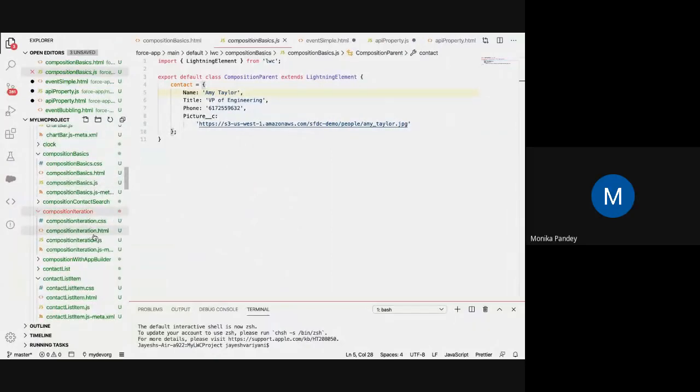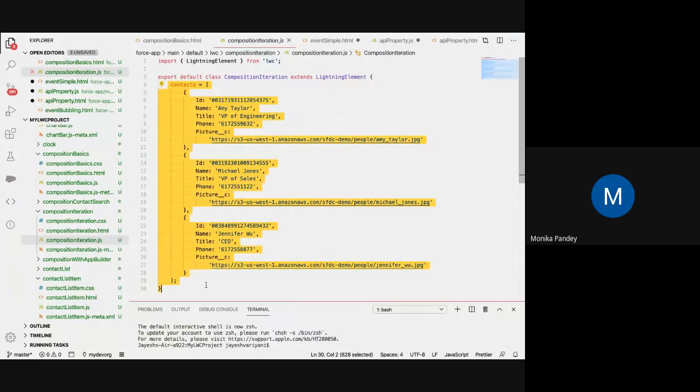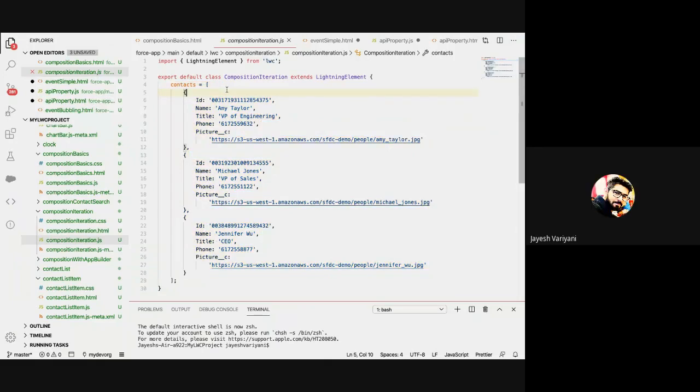So you mean you have created the dummy data, right? Yeah, this is all dummy data. But you are not connecting this with Salesforce. No, not as of now at the record level. Yes, we can do that also. We can call that contact data, or we can use the server to get the list of contacts and then store it in this contact. It will be the same thing, and then we pass these contacts as an array to our child contact tile component to display it.